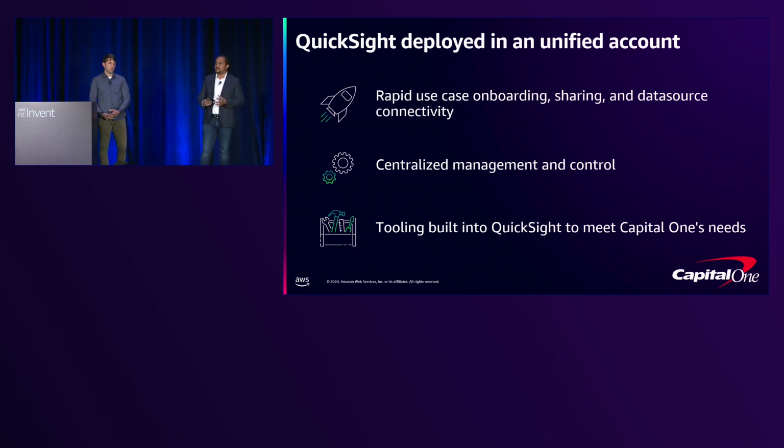In addition to that, as a financial services company, we have to adhere to a lot of compliance rules. And at Capital One, we have this philosophy: before we build tools, we will not ask people, we will not be enforcing any rules. No rules before tools. Because of that, our team, like Peter's team, has built a lot of automations to enforce these compliance standards, which is easier to integrate to this single account. So in general, this deployment, we find it to be more efficient in terms of centralizing the management and administration of QuickSight.